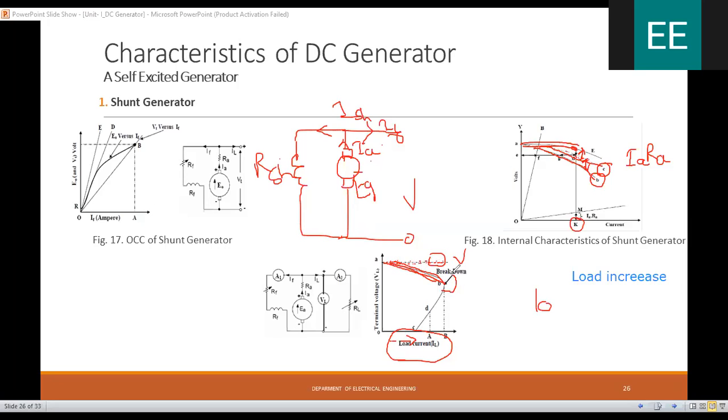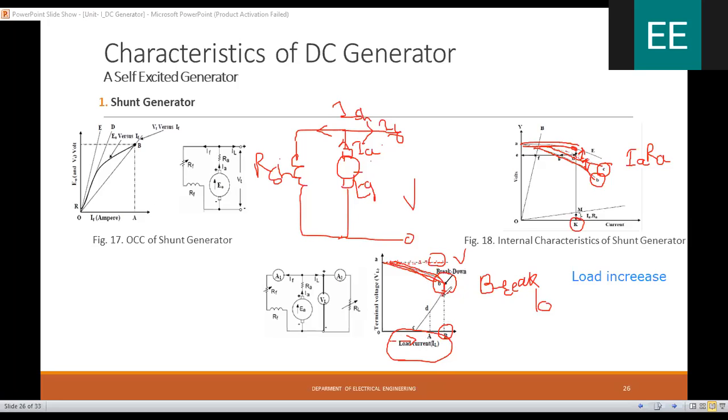Now one condition it will be like this. So this condition is nothing but the breakdown condition. ही कंडिशन जी आहे ती ब्रेकडाउन कंडिशन आहे. So that means at one point, the breakdown of the machine will happen. That one point is nothing but one current value, that is value B. The breakdown of the machine will happen, and due to this breakdown value,